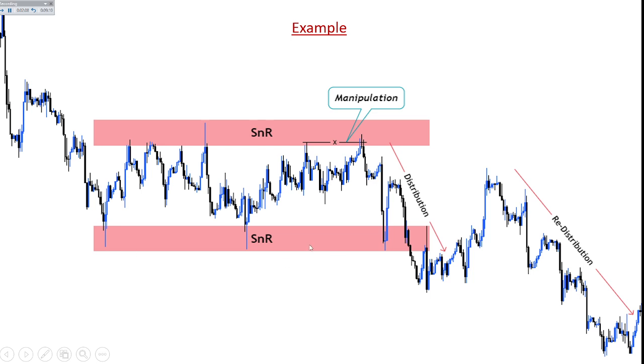Now take a look at this support right here. A lot of support and resistance traders, when they always, because the reason, let me move forward, let me move here. So the reason I recommended